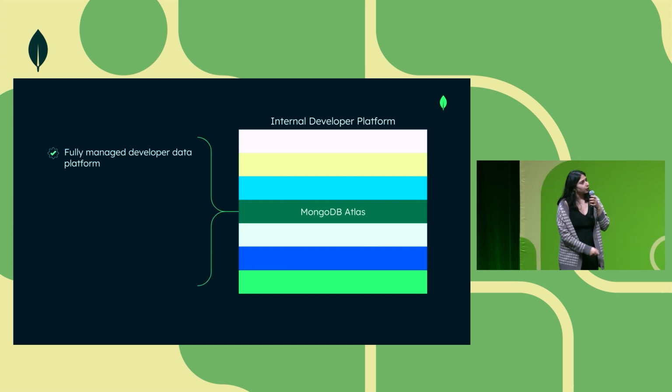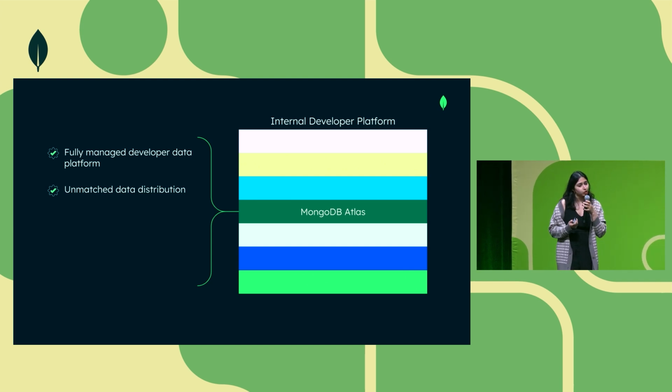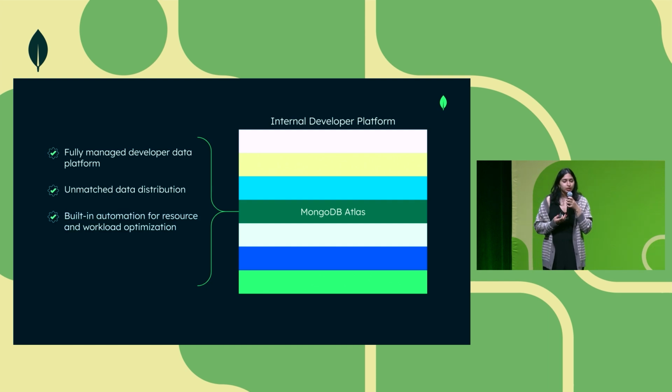Because Atlas is fully managed, it abstracts away any of the complexities that come from managing your database. Developers on Leafy's team were also assured that their data layer stayed up and running, as MongoDB Atlas is distributed across 100+ regions and all major cloud providers. MongoDB also enables you to confidently run your most important database operations, as it has built-in automation and resource and workload optimization that smooths and streamlines all of your data operations in general.